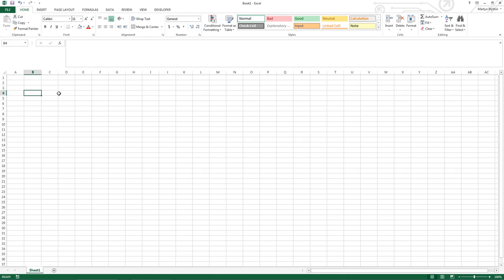Okay, this is going to be a really straightforward and fast lesson where I teach you a little bit more about how to work with rows and columns. So we already know that rows are the numbers that go down the left-hand side of the page, and the columns are the letters that go across the top of the page. And there's various things you can do with rows and columns that are very important to know at an early stage. So the first thing is you can change the height of rows and you can change the width of